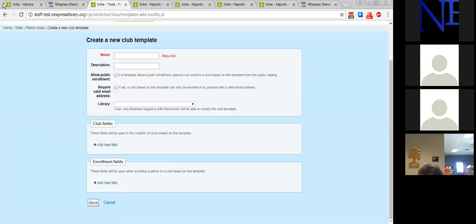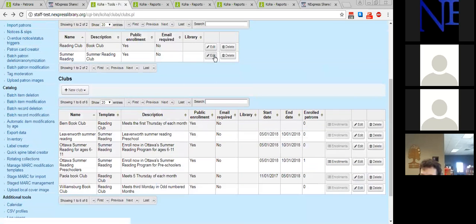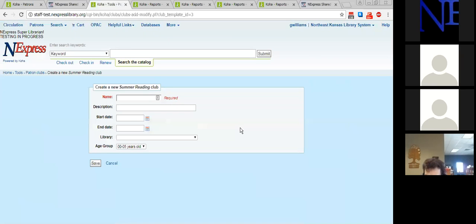But after a template is created, then you can actually take that template and create clubs based on those templates. And you can give them a start date and an end date. So you can say that the summer reading club starts on May 1st. So you can have people enrolling online without coming to the library to fill out the little 3x5 card, which